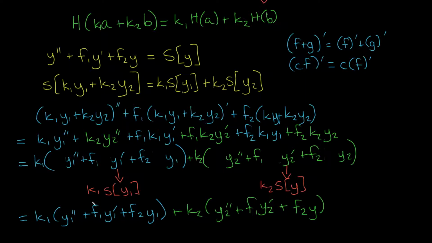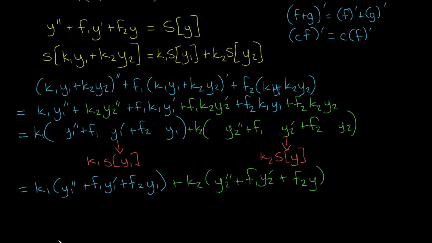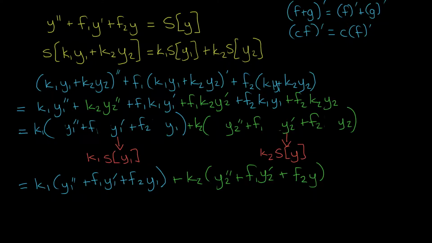Here we have k1 times what s of y1 is, which is the second derivative plus an arbitrary function times the first derivative plus another arbitrary function times the function itself. And then we have k2 times the exact same thing for y2. So what we've shown is that because really of the linearity of the derivative, because of that property, what we've shown is that if you have any arbitrary second order differential equation, which you name as s of some function y,